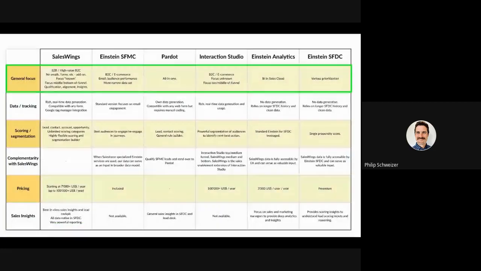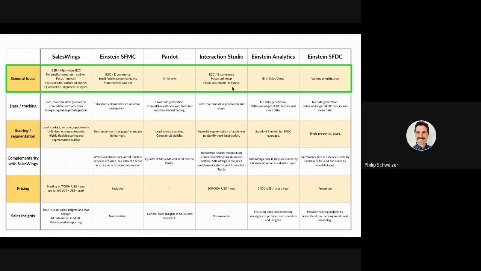And the other one, of course, is Salesforce itself, which has a range of products. Einstein for Marketing Cloud, as you know, also has some scoring capabilities. In this area, it is more focused on campaign enhancement, send time optimization, and overall understanding of certain preferences. So we see these as more useful for B2C.